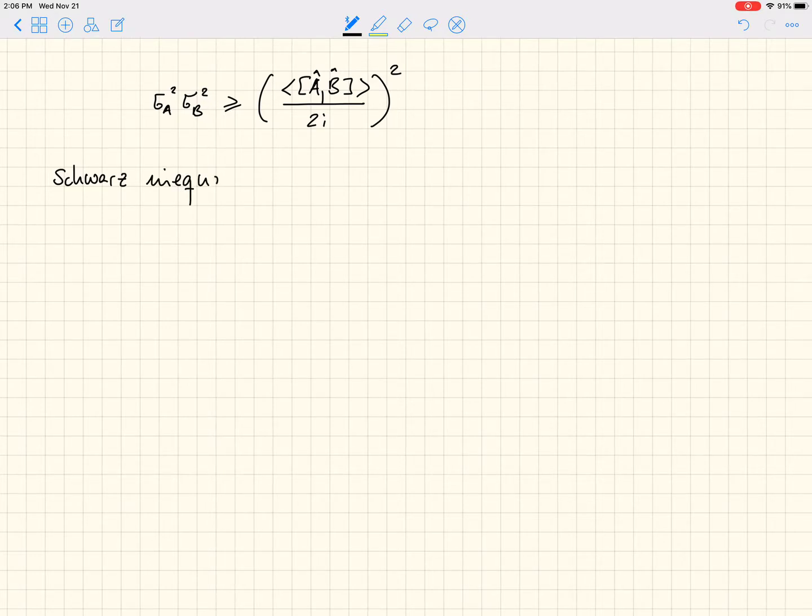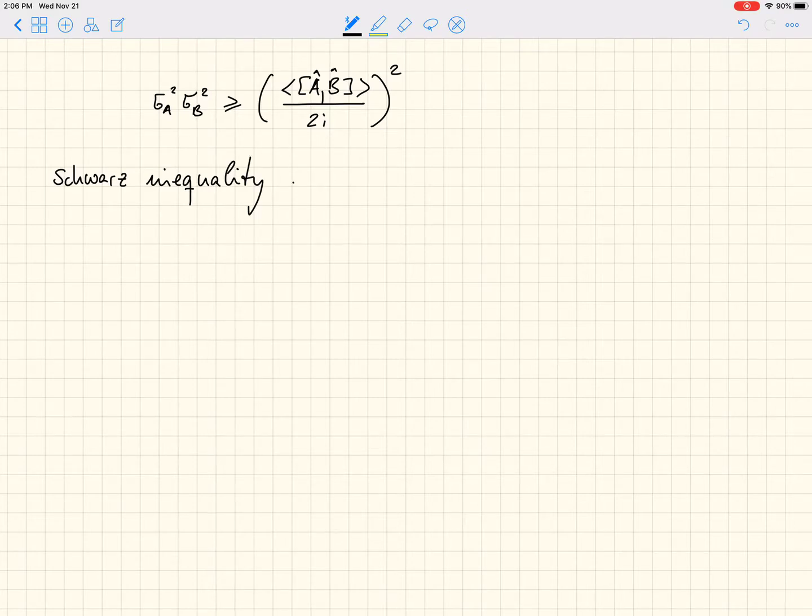Okay, so here we'll go and prove the generalized uncertainty principle that we have discussed in class and that I'm writing down right now. So how do we prove this relationship? We actually first need to prove one additional ingredient, and that is the Schwarz inequality